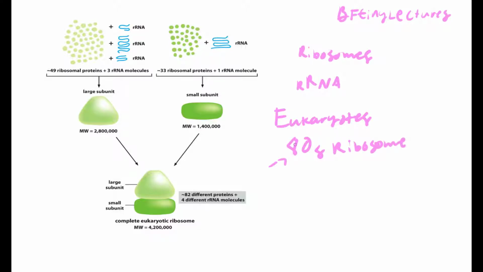And the 80S is kind of like the overall size of the ribosome. So this would be the 80S ribosome, and it's comprised of two parts. It has a large subunit and a small subunit. Now, the large subunit has about 60